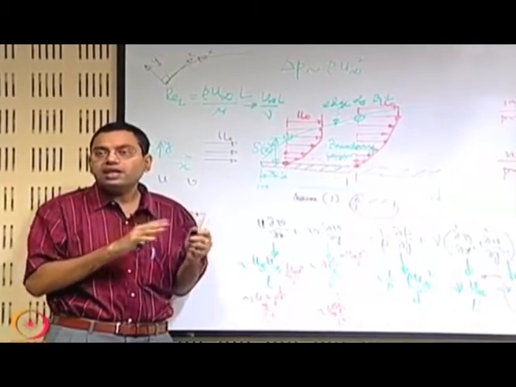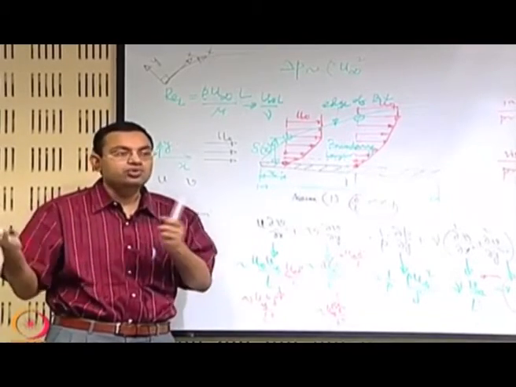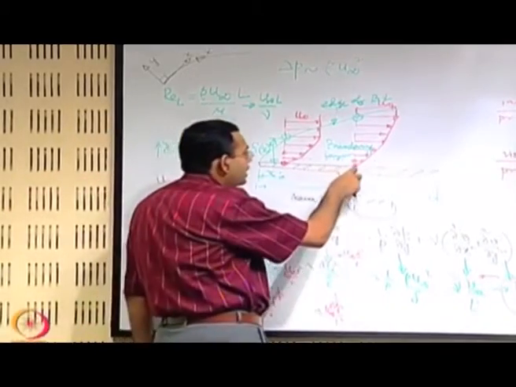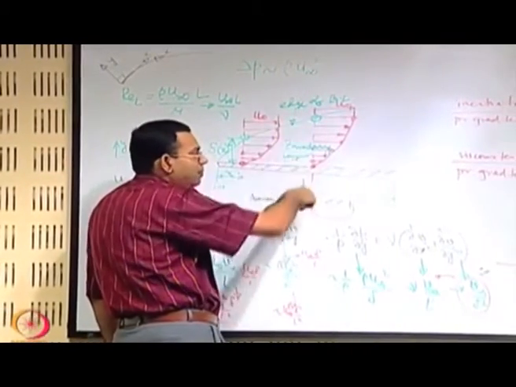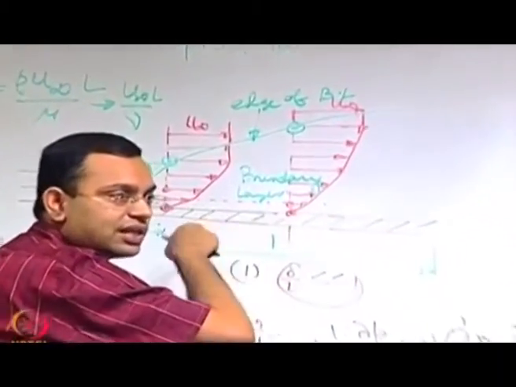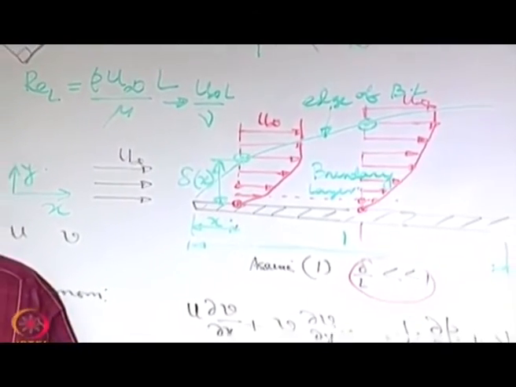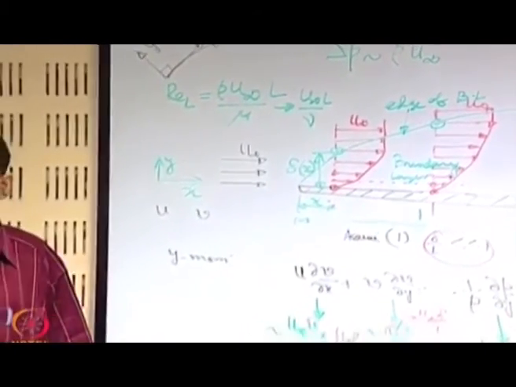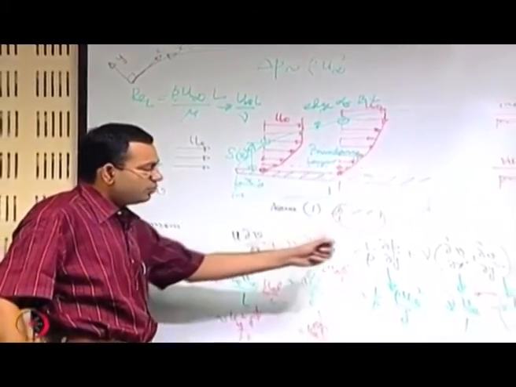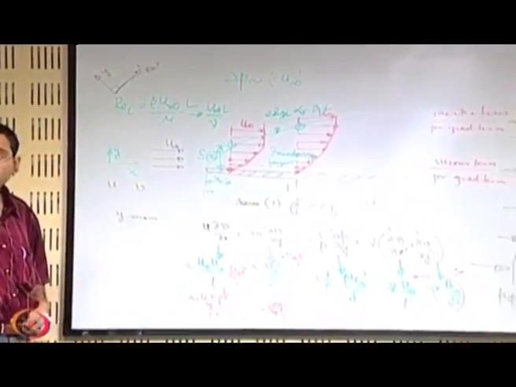So it is not that any orthogonal x y you choose or any constant x y you choose. It has a special meaning, that is, locally at a given point if you want to assess what is happening with the boundary layer, then along the surface, that means tangential to the surface at that point, is x and perpendicular to that is y, and that may vary from one point to another if the surface is curved. So from the y momentum equation whatever we get, you have to remember that this y is the generic y coordinate that we are talking about.